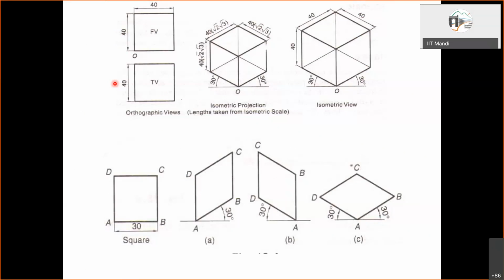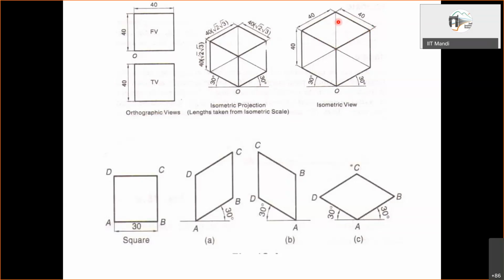So suppose we have to draw it in an isometric view. For the top view, you see what is happening. We have got all these four sides. One side is going along a 30-degree inclined line. If we draw a horizontal line, one line is 30-degree inclined. This is also 30-degree inclined, right? And the remaining two are also parallel to these initial ones.